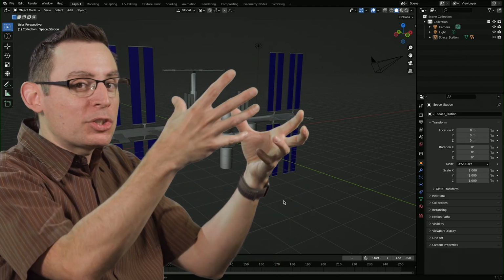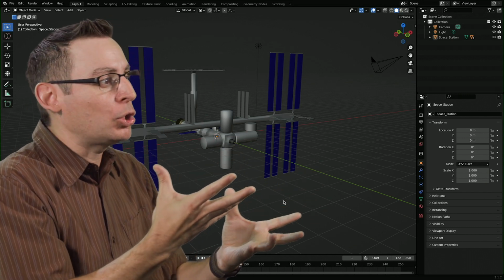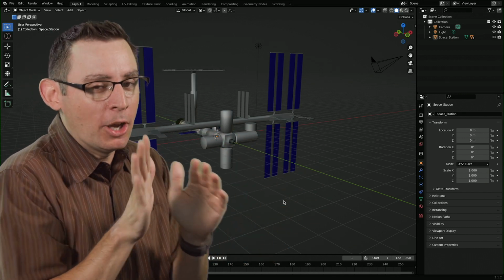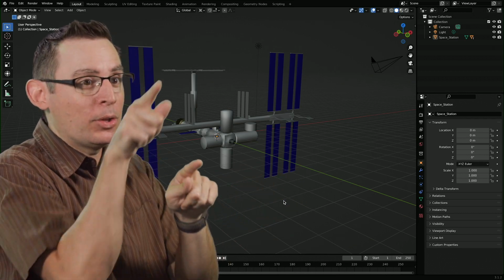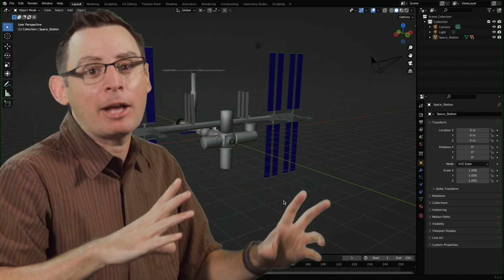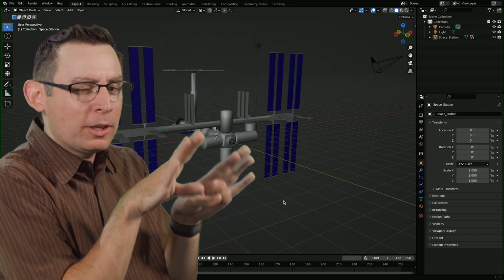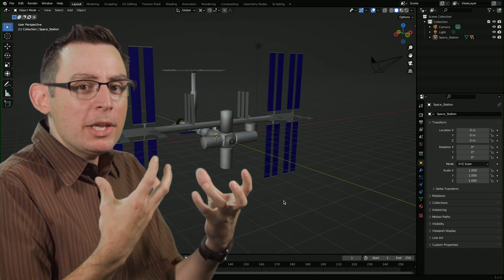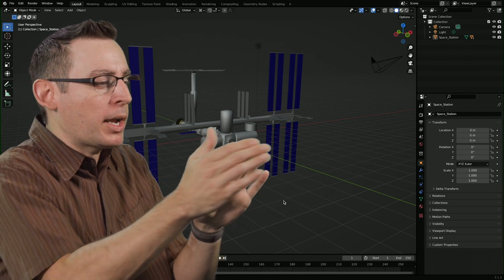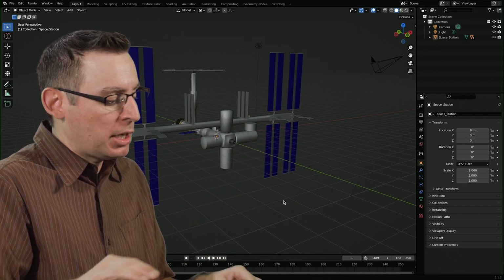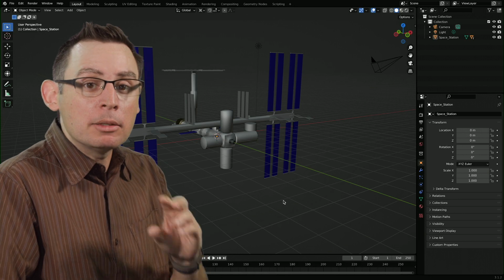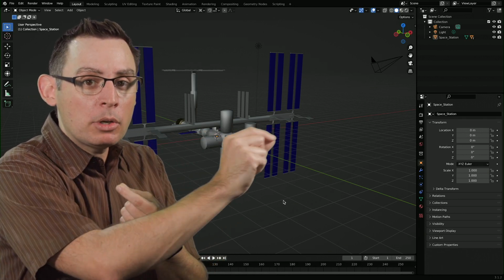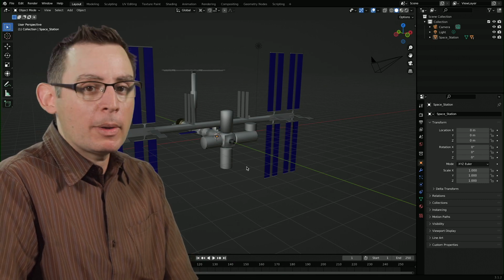So the larger point here is that we are outside the space station. Our three-dimensional scene is like our three-dimensional universe. The space station is stationary, and I know, it's not actually stationary. I know that it's orbiting Earth at like 90,000 miles an hour. I get that. But for the context of this illustration, it's stationary. So we, the astronaut, are floating around the outside of the space station. The space station isn't moving. Us, the astronaut, are changing our location inside of our three-dimensional space.